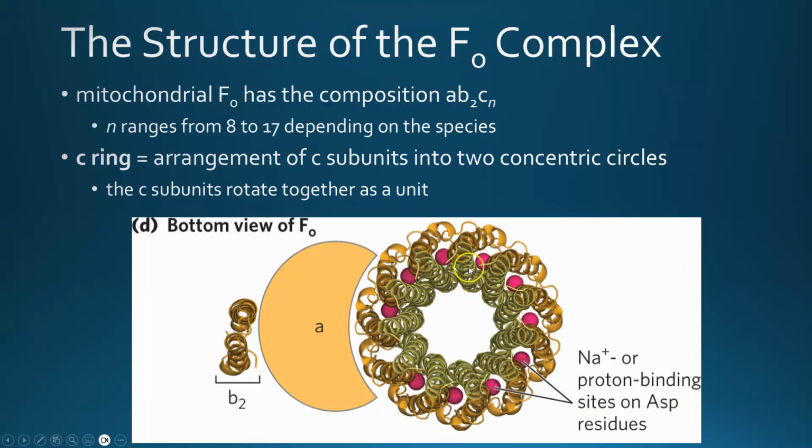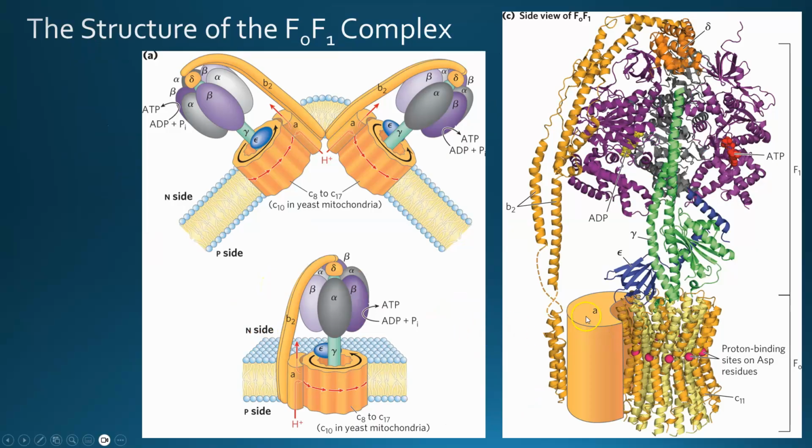So the one we're looking at here, this diagram shows 10 subunits. So that means there are 10 proton binding sites, one in each of those C subunits in the ring. Here's your B linker arm that keeps the F1 subunit from rotating. So in this model, the protons are diffusing in from the P side, binding to one of these subunits, and when they bind to it, it is then allowed to rotate away from the A protein, in this case, in a clockwise direction.